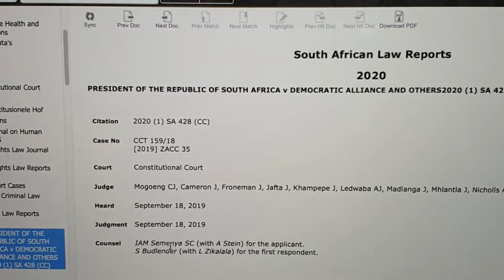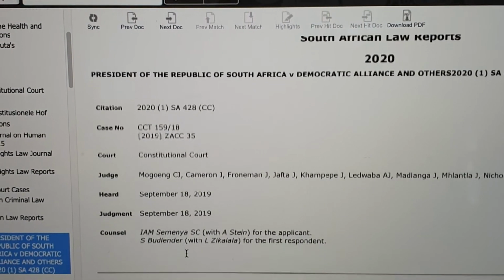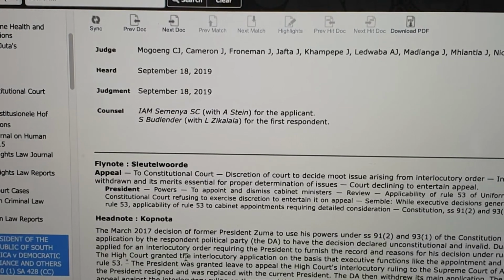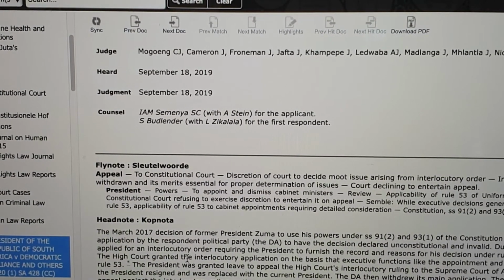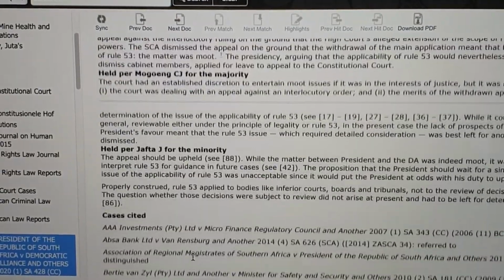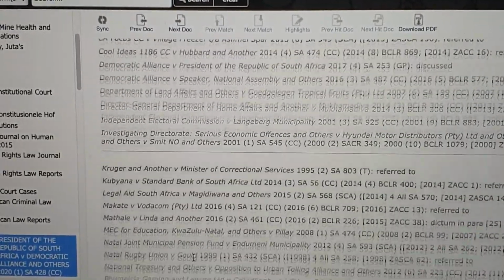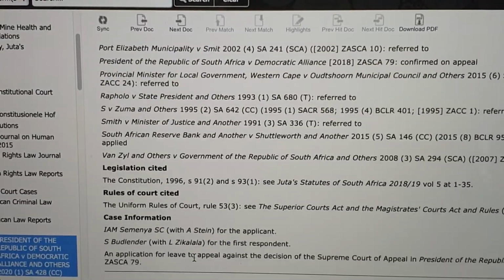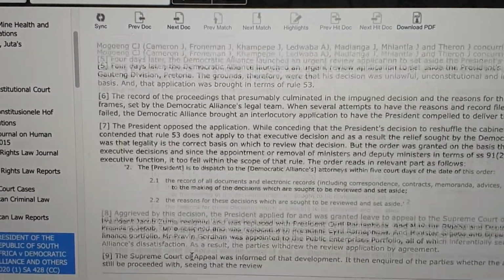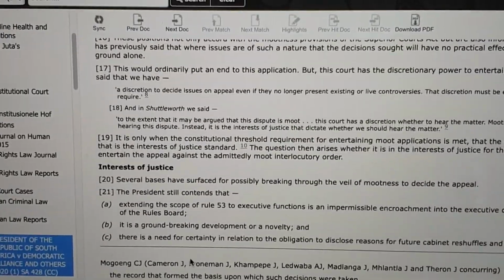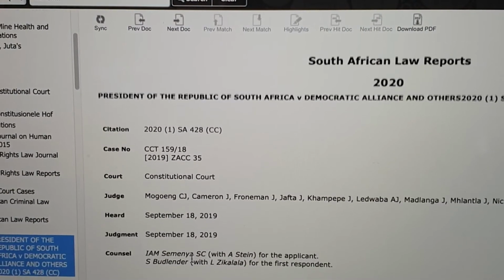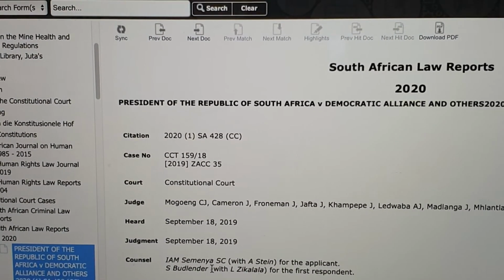Okay, now the great thing about finding cases like this is it has all the case notes that you need. It's not just summaries of the case, it has everything from your fly notes, your head notes, and what was held, and case citations that were used, and everything else, the order, judgment, the background information, the facts of the case, and everything is just there. So that's also a great thing about finding the cases on tutor stats like that, is that you get everything,